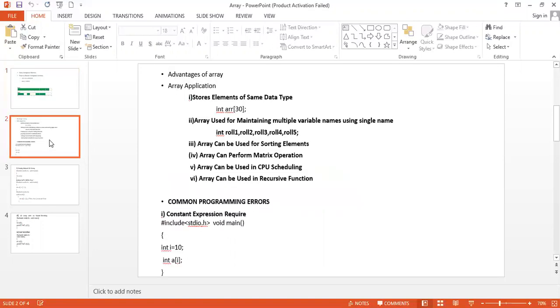Next topic, advantages of array. Let's discuss what all the advantages of array are. Point number 1, it is a better and convenient way of storing data of the same data type with the same size. Next, it allows us to store any number of elements in it. It allocates memory in continuous memory locations for its elements.